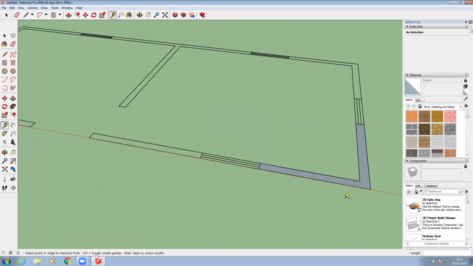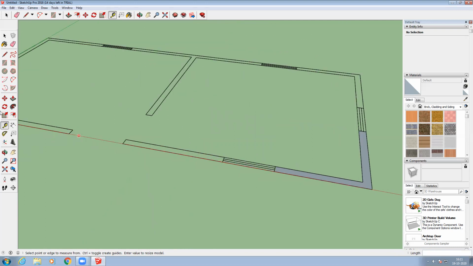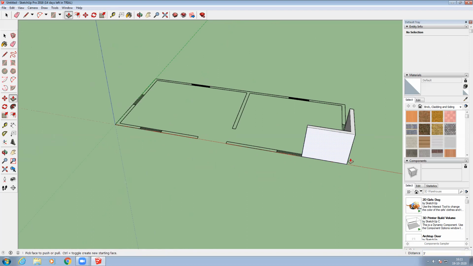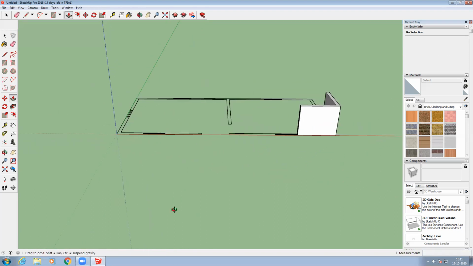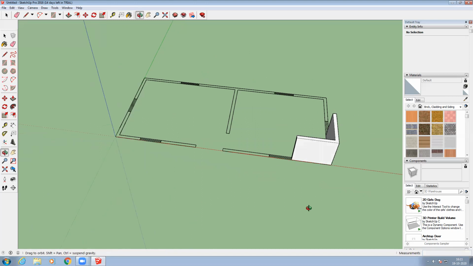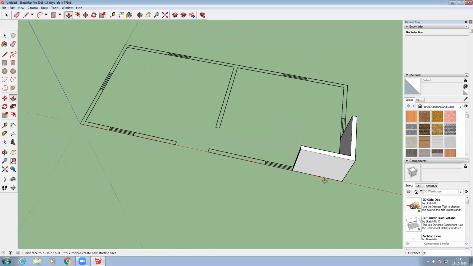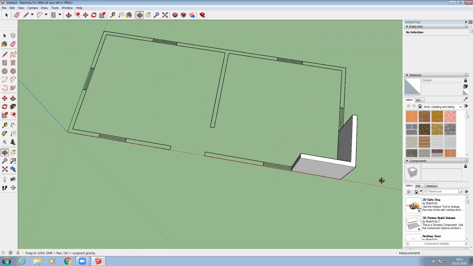Previously, when I provided 3 feet, it showed a very long wall, right? Now I'm going to try it. See, I'm going to provide a 3 feet wall. You can see how little it is, right? Previously, according to that dimension, the wall was very big, because the whole dimension of the building was around 2 feet. So I have to change the dimension according to the drawing we got, and then work on it.